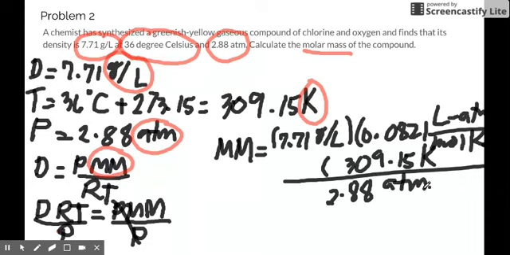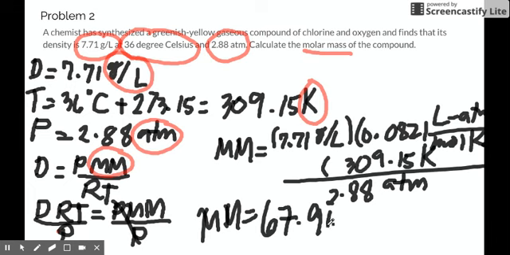So we're now ready to calculate it. You must be able to get a molar mass of 67.95 grams per mole. Okay, that is the